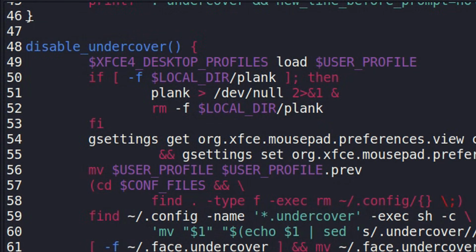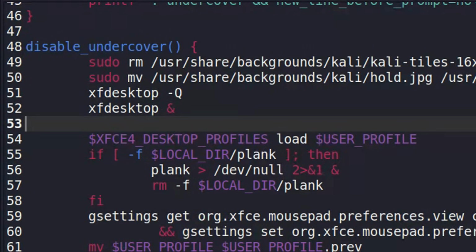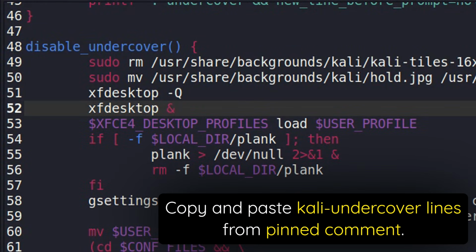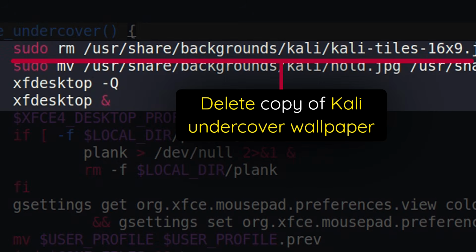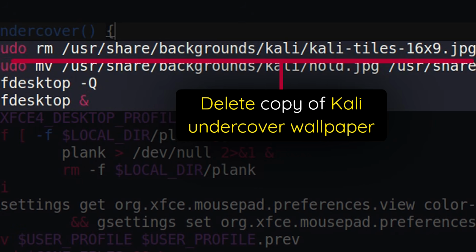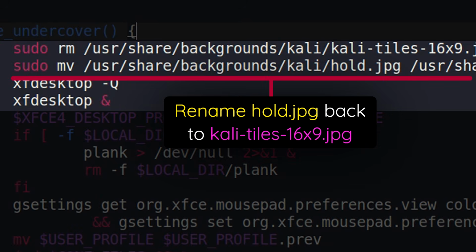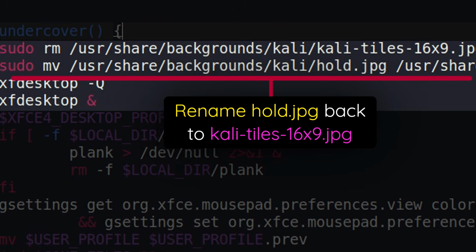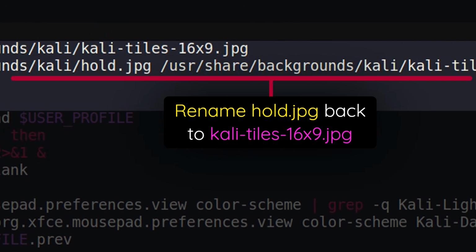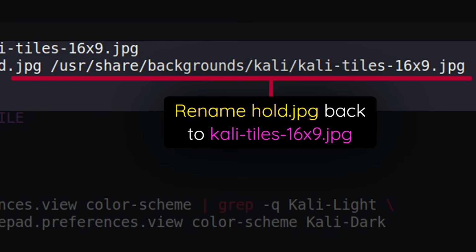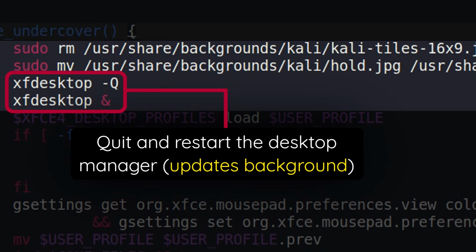Finally, under the line that starts with disable_undercover, we will add another 4 lines. Again, I recommend copying and pasting these lines from the pinned comment. Here, the rm command will delete the copy of the Kali undercover wallpaper, and the mv move command will rename the hold wallpaper back to Kali-tiles-16x9.jpg. And again, we force the desktop to quit and restart so that the background updates and returns to our